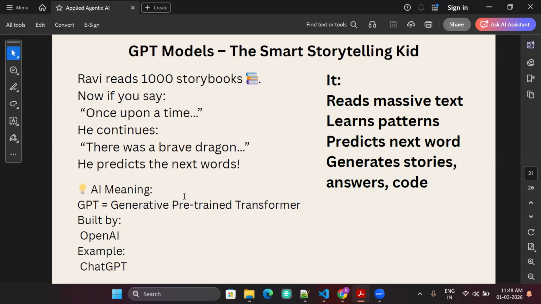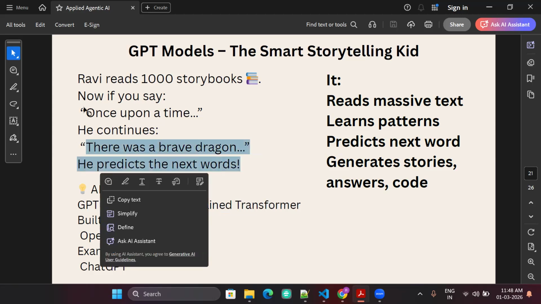Hence, when you ask something weird, let's say if you ask your friend something very abstract, what answer do you get from your friend? Out of courtesy, he may reply to you something, or he will say, I don't know what you're talking about, right? But models don't do that. They will try to give some answer, but then those answers may not be 100% correct. Hence, it's very important how you ask.